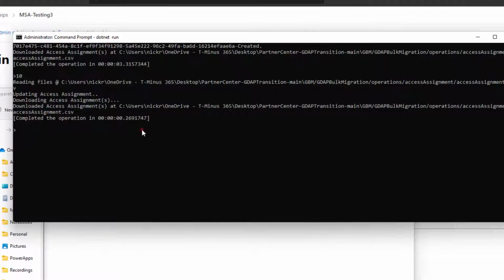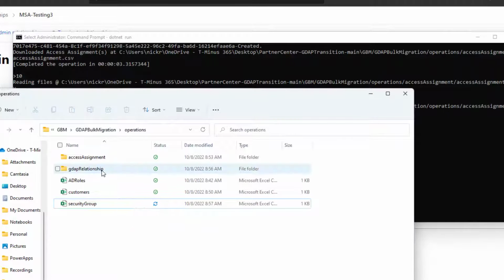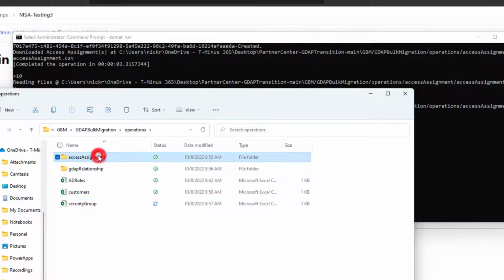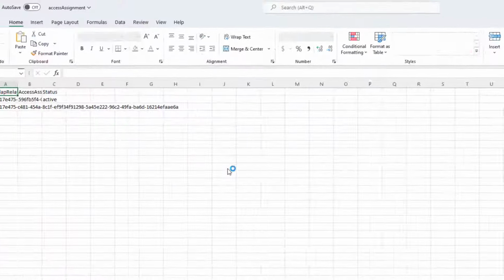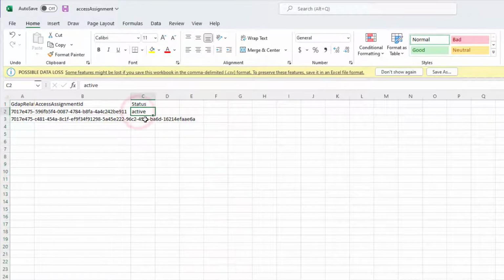So what I recommend is usually to try within the first couple minutes, and if it's not responding, you don't get any update in status, take an hour break, come back, because honestly you'll just waste your time looking for the relationship status to change. So we'll go under the access assignment here. So we can see that the first one's active here, and we'll just need to wait another minute here to